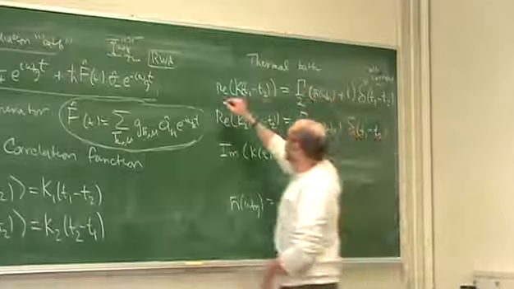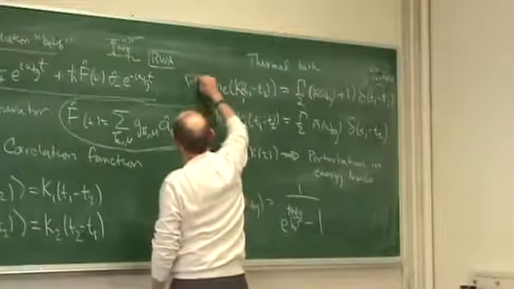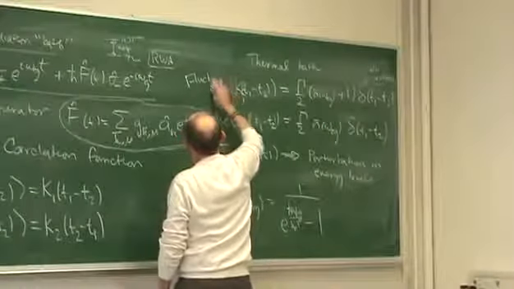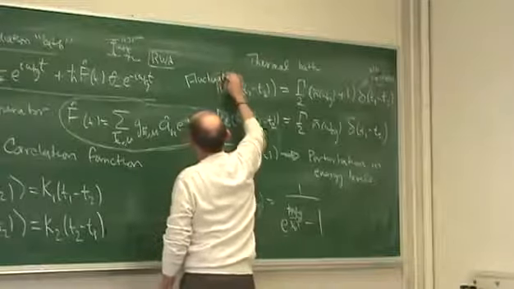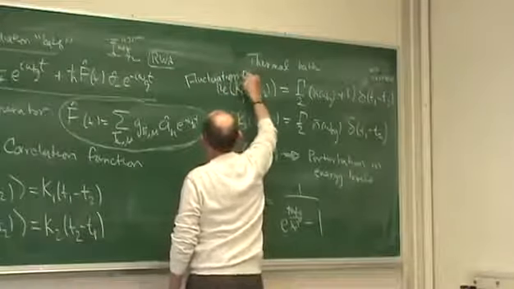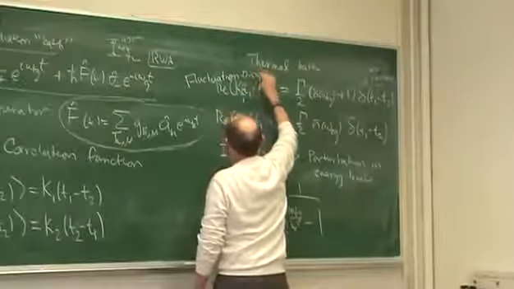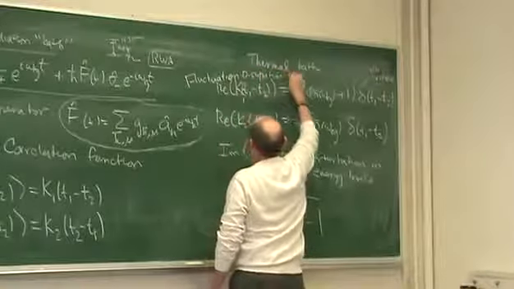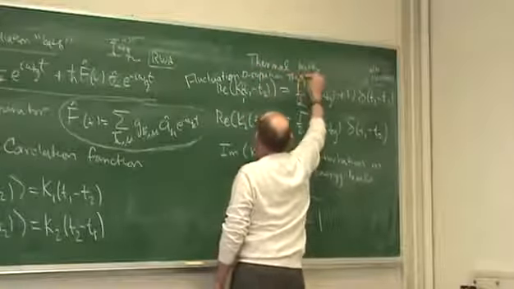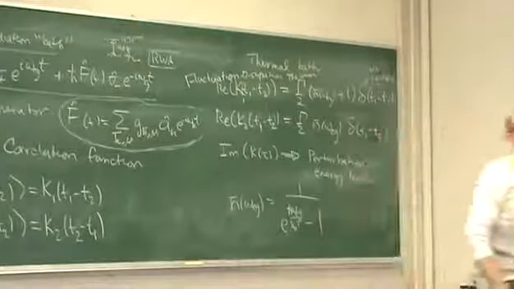This relationship that we see here is an example of what we call the fluctuation dissipation theorem, which it's not really a theorem, but it's a relation